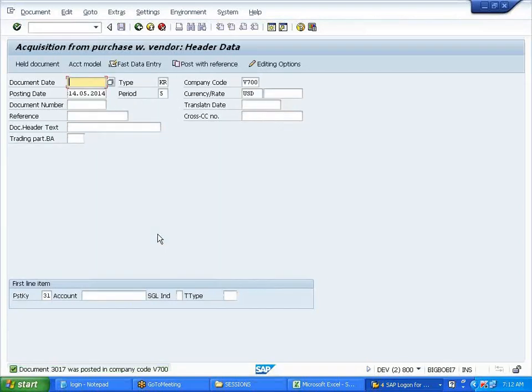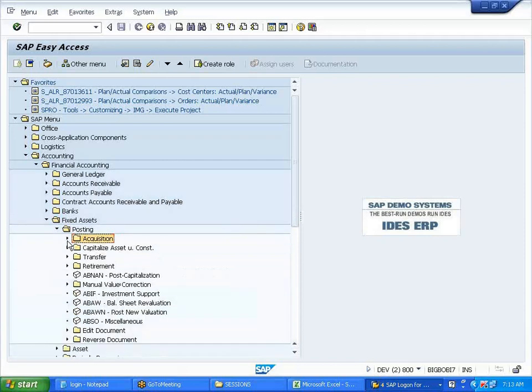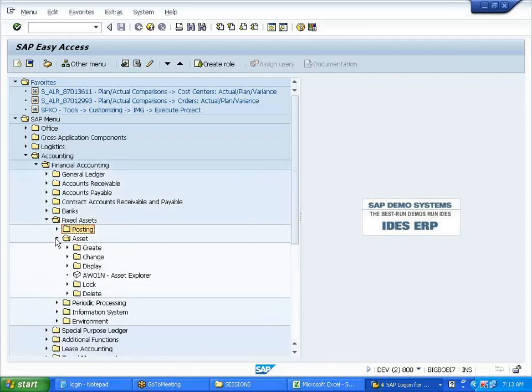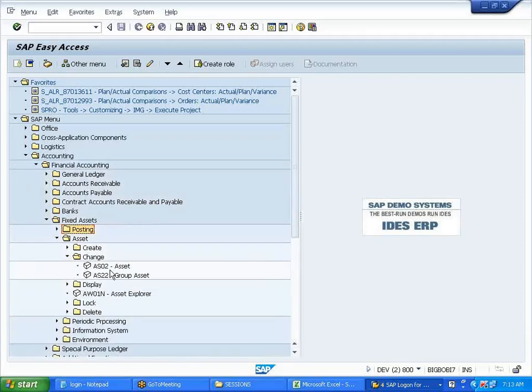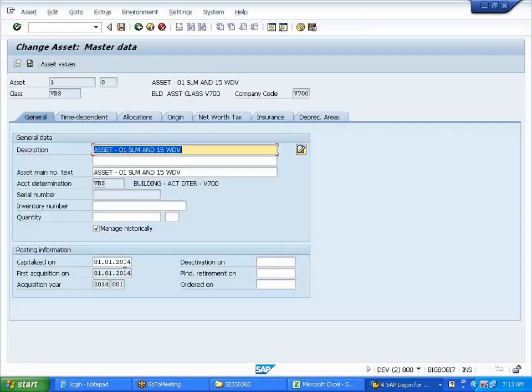Documents are also posted. Okay, now let's first verify the master data. So I go to the master data, change mode now, I'll go to the AS02. This is my master. First I look at the master data, see here. Capitalized date updated, automatic?